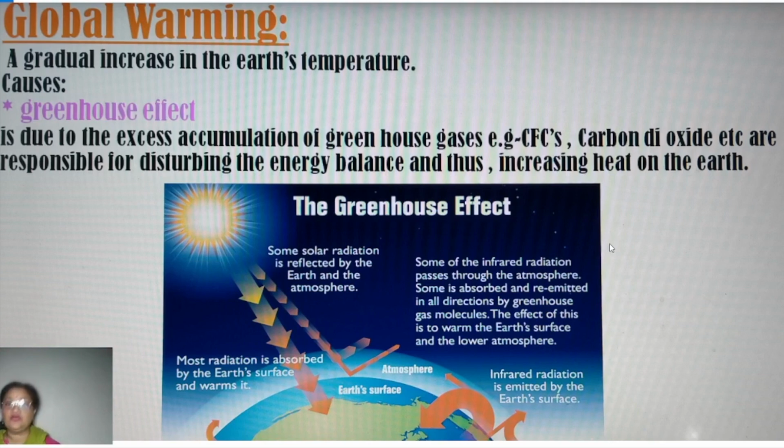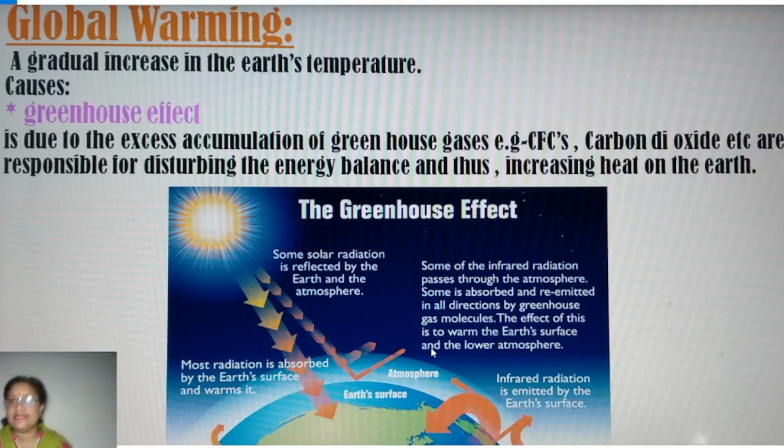Now, what is bad ozone? Bad ozone is the ozone which is formed in the troposphere, right? Now children, the next thing is ozone depletion. Ozone depletion is the depletion, the destruction of the ozone layer. When the natural ozone which is present in the atmosphere is harmed or destroyed due to any reason, that is called depletion of ozone.